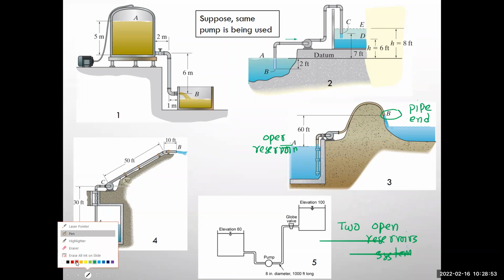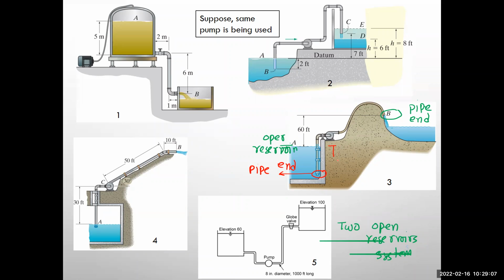But if you consider this point, you have a pipe end. Do you think you have a pressure, like you need to consider pressure here? Will pressure be 0 or something else? There will be something else. If H is the depth, the pressure will be gamma H. So P will be gamma H. So it will depend on which point you are considering, right? The same thing here, A and